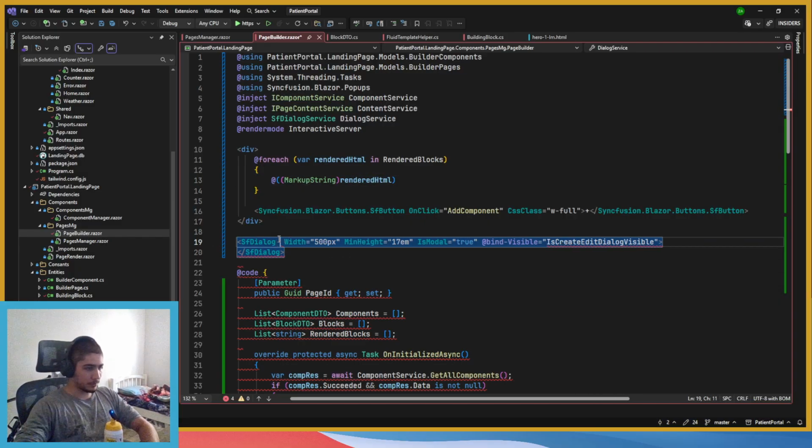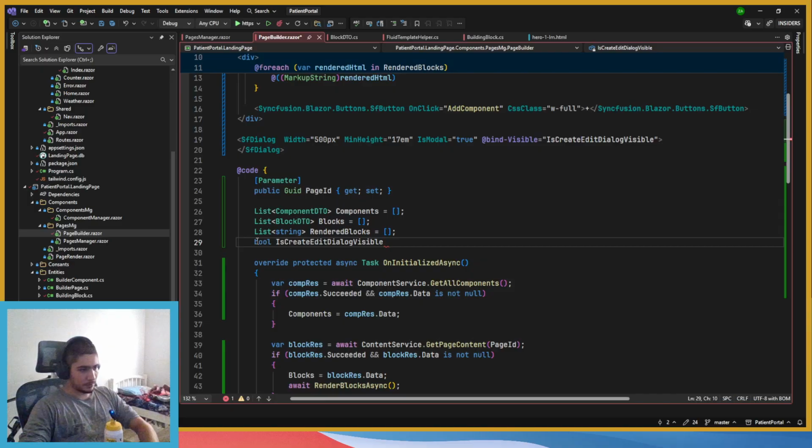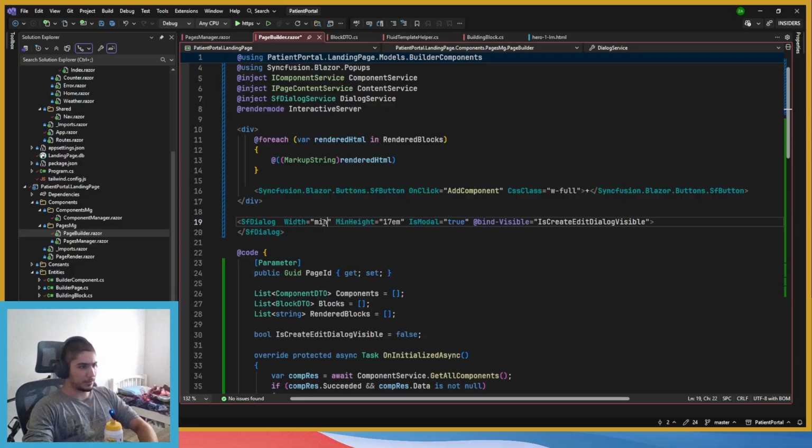Remove this. Bind visibility. By default, it's false. So for width, I'm gonna do the minimum between 95 VW and 600 pixels.